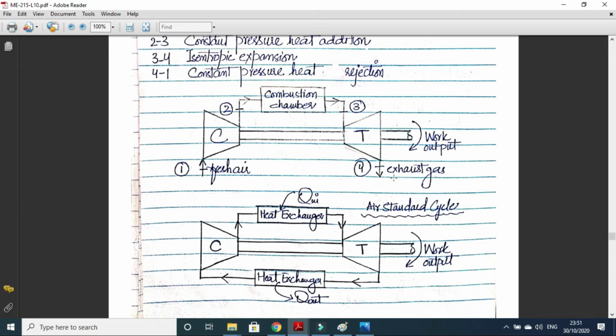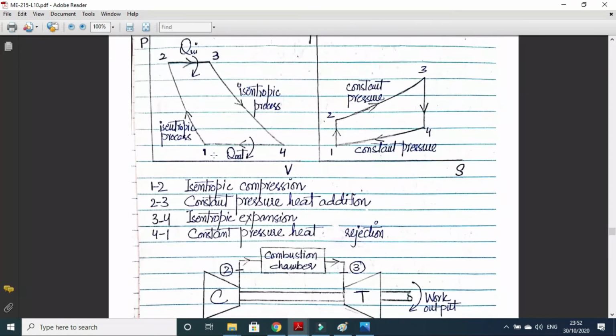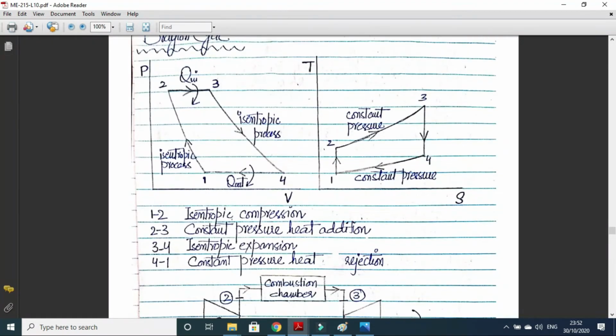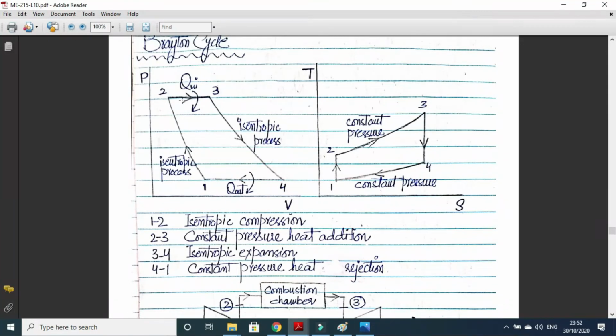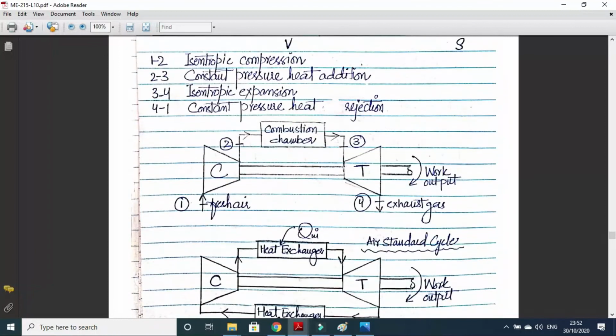So it's an open cycle Brayton cycle. But when you need power generation, you circulate the working fluid in a closed cycle. So we can see here there are four processes in the Brayton cycle. 1 to 2 is isentropic compression. We can approximate